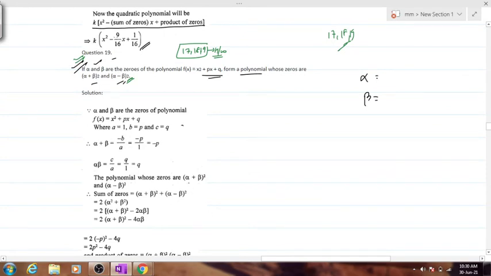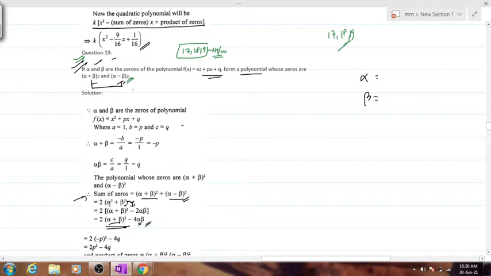Or if you don't want to calculate alpha and beta, you obviously know the sum of zeros, this plus this. Yes or no? You will get a formulation as such. Or you say, so how did this come? You expand this, 2ab gone. You will get a square, alpha square plus beta square. You know the formula for this. Clear? Can you substitute alpha plus beta, alpha beta over here to get the sum of zeros of the new polynomial?